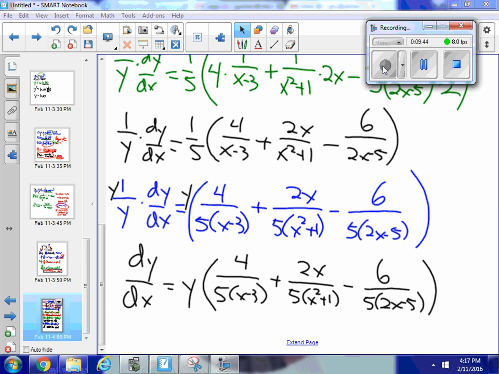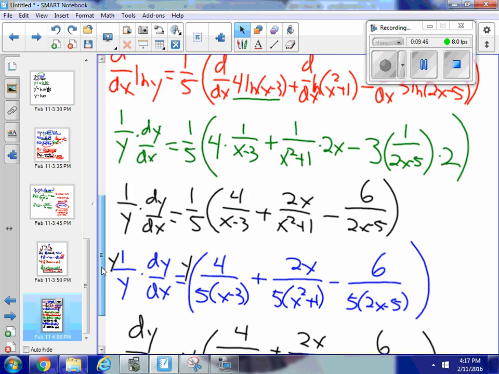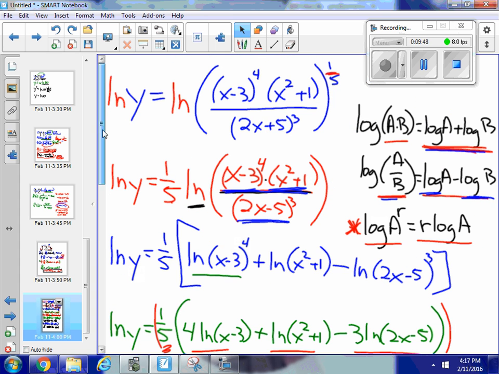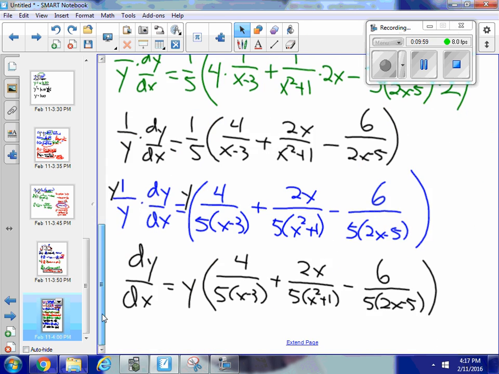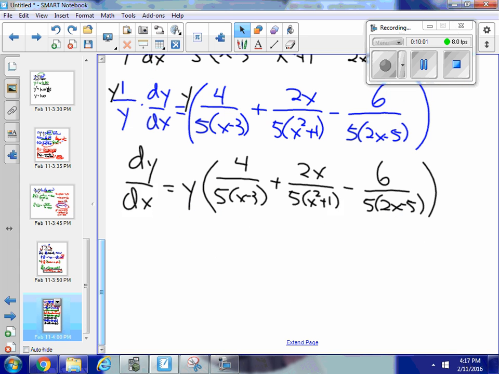And to make everything with respect to x, I'm going to go back to my original problem, where I had in the blue y is equal to that. So I'm going to get rid of the y on the right-hand side of this equation. And my final answer is going to be the derivative of y with respect to x is equal to